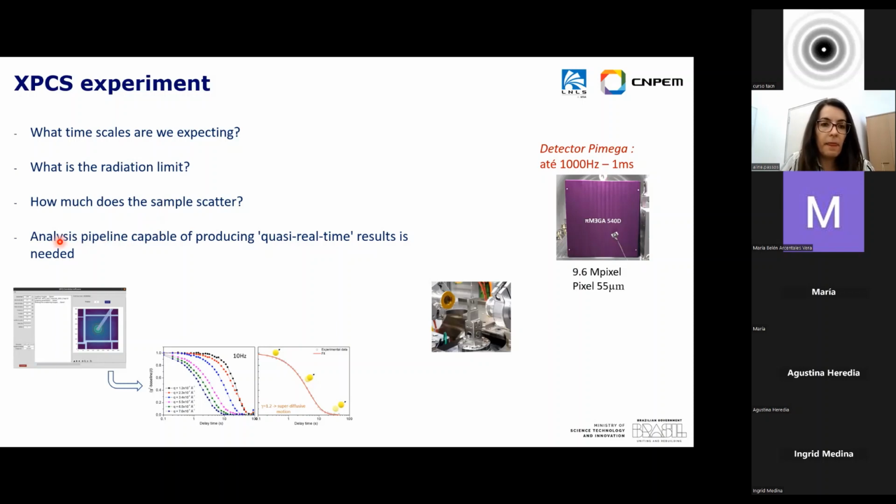And also very important during the XPCS experiment, be able to analyze the data quasi